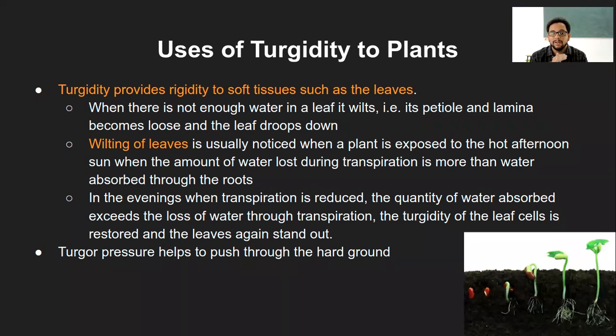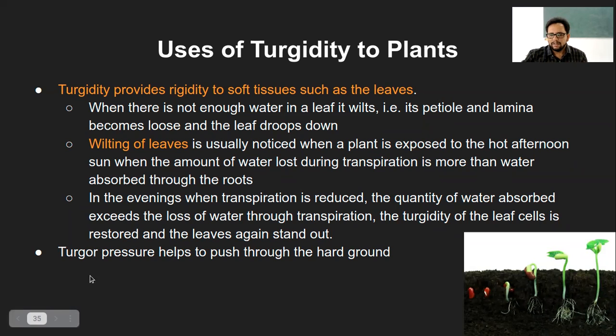Sorry, I must mention that we should never say wilting of the plant. It has to be wilting of the leaves. So even if I said that, it is totally wrong. It is always wilting of the leaves and not wilting of the plant. I just noticed that I said something wrong, so please make a correction if you are taking notes. It's always wilting of leaves and not of a plant, because it's just the leaf structure that droops down and not the whole plant. And whenever the water absorption rate is more than the transpiration, then obviously the turgidity is restored, so the plant regains its shape.